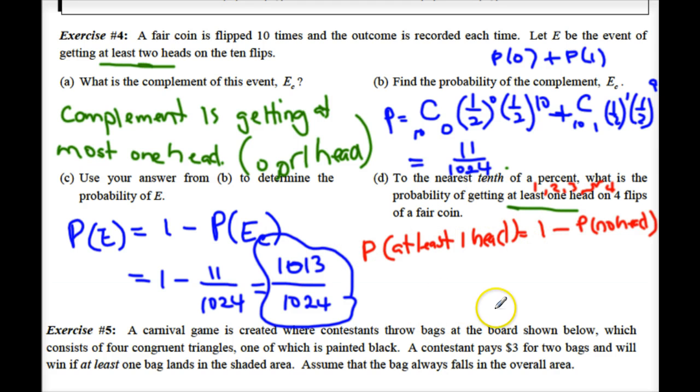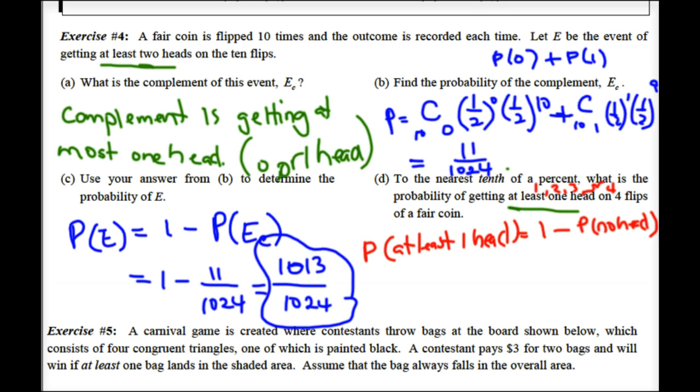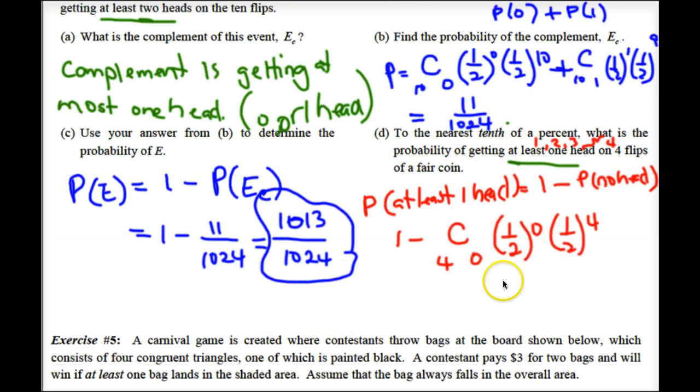So I will have 1 take away the probability of getting no heads, which would be 4 choose 0, (1/2) to the 0, (1/2) to the 4. Put all of this in your calculator and you will get that this works out to be equal to